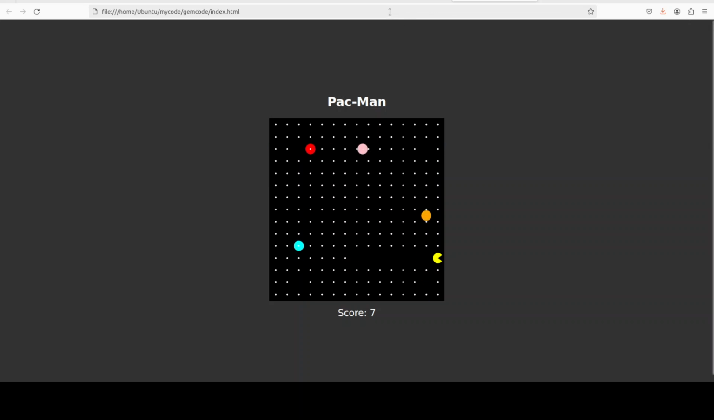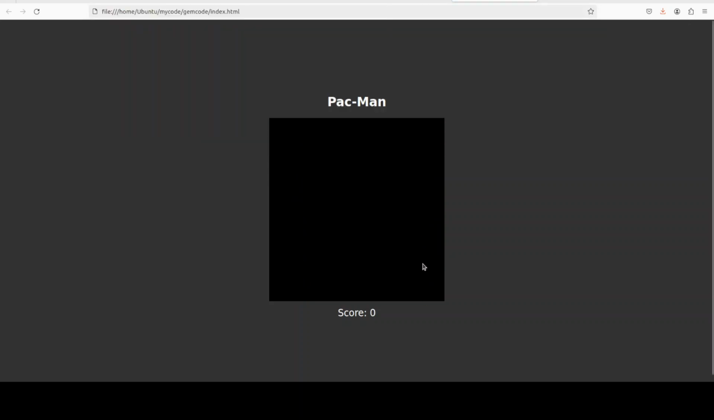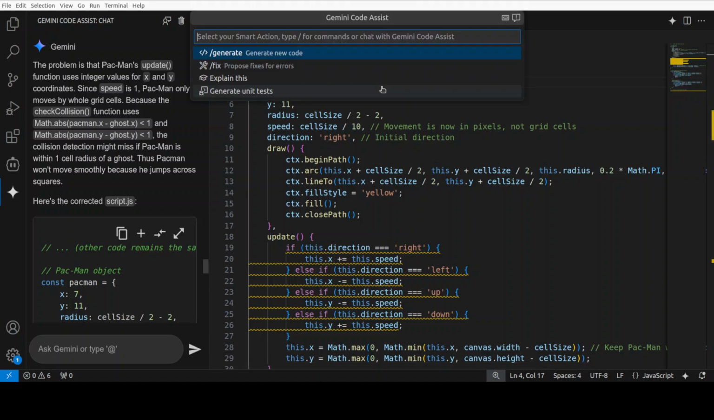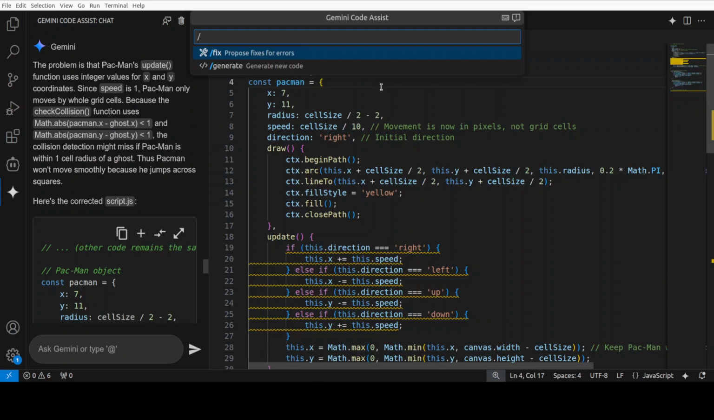Let's go back to our web page. Let's refresh it. Okay, now we can tell it nothing is appearing. So you see, you can keep iterating through it. Another thing which you can do, so for example, if you go to your code and press Control plus capital I, you can do the quick access one. So for example, you can say